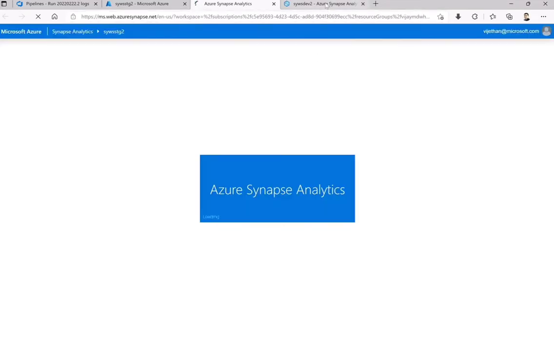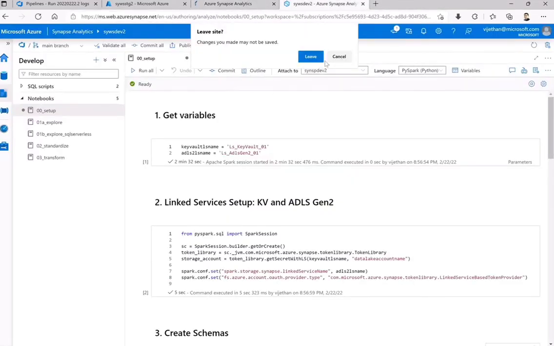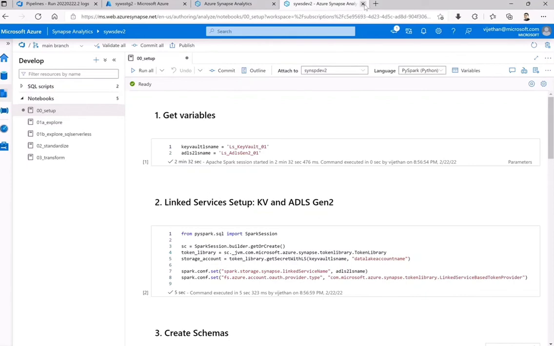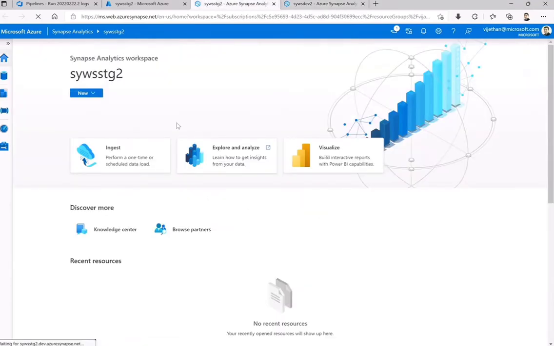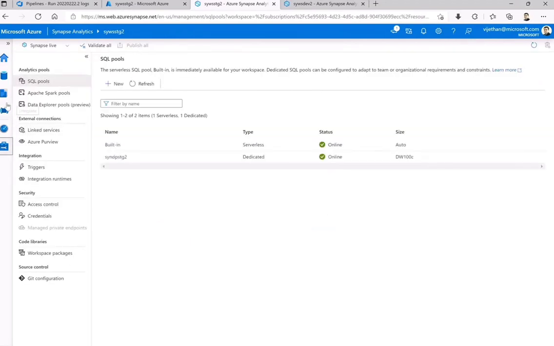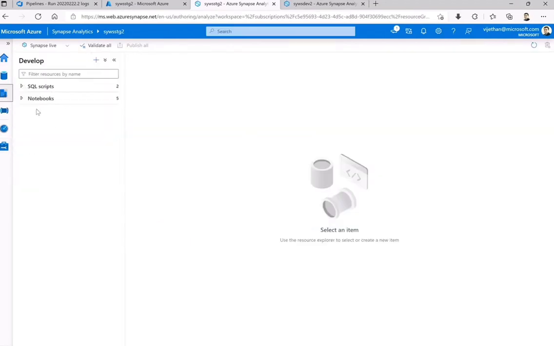Open the Synapse Studio. We can close the previous one. Okay, so we are connected here. Again, the same thing. Go to the Develop blade of that and go to the notebooks, setup.